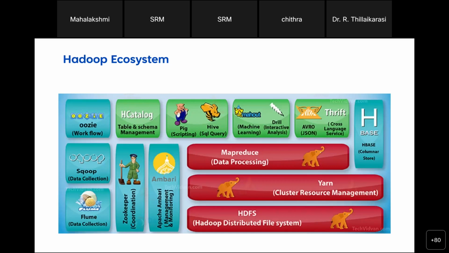For a simple example, consider MapReduce as our CPU, YARN as our OS, and HDFS as our local file system. In our local file system, we use NTFS and NFS. Here we use HDFS for a large database. That is a small storage. For the small database, we use NTFS and NFS. For a huge database, the same concept is used over here in HDFS. And HDFS works fine in our local system as well.